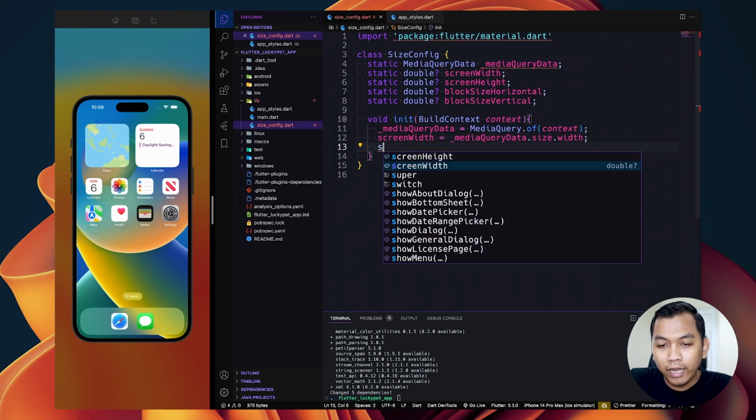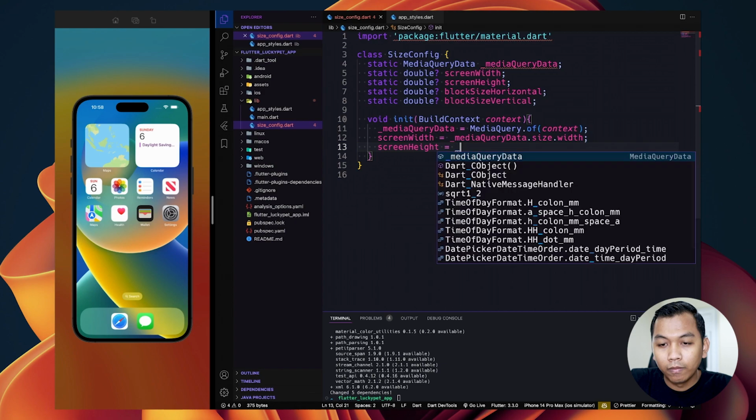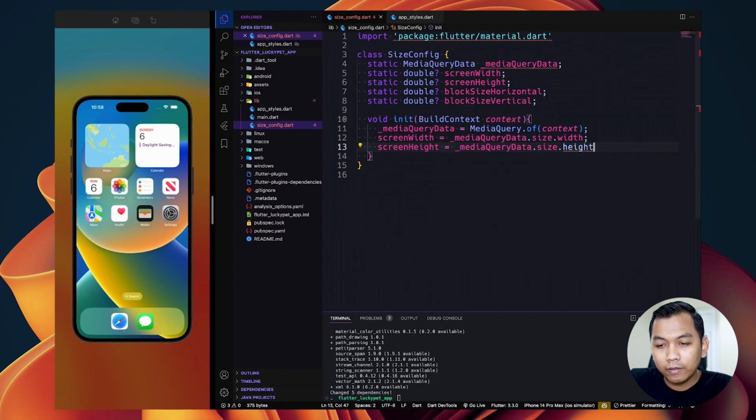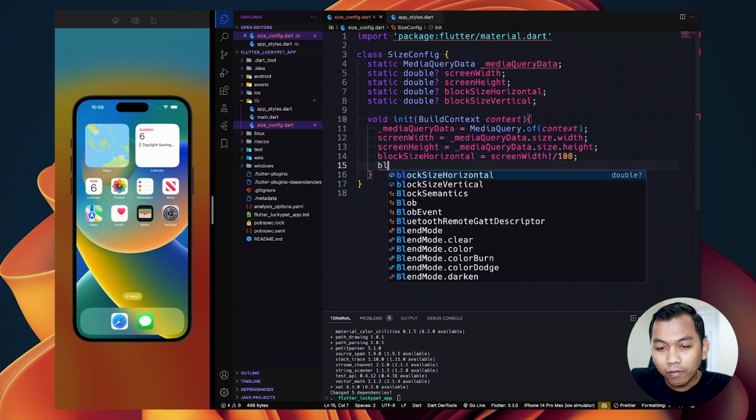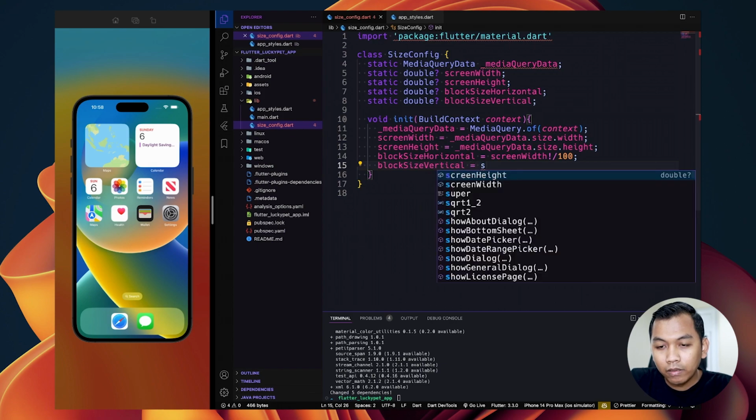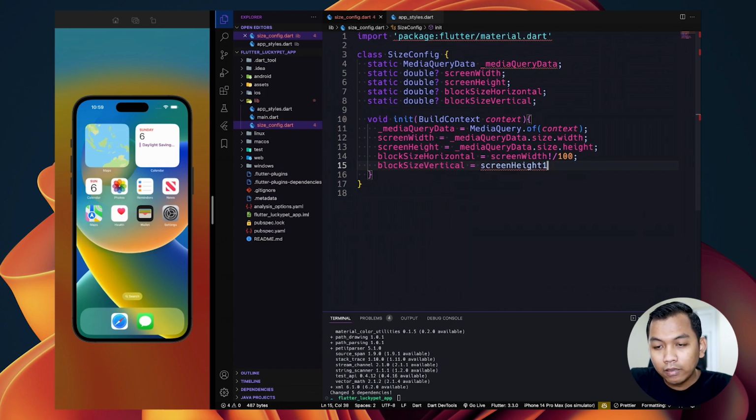And for height, like before, as simple as this. For blockSizeHorizontal, it equals screenWidth divided by 100, and we need the bang operator here to avoid null. And for vertical, screenHeight divided by 100. As simple as this. And don't forget to add the semicolon here.